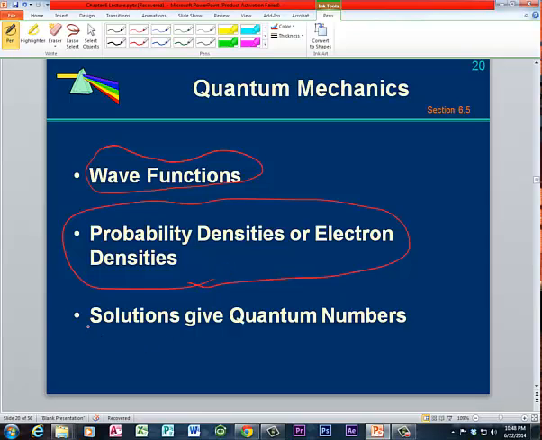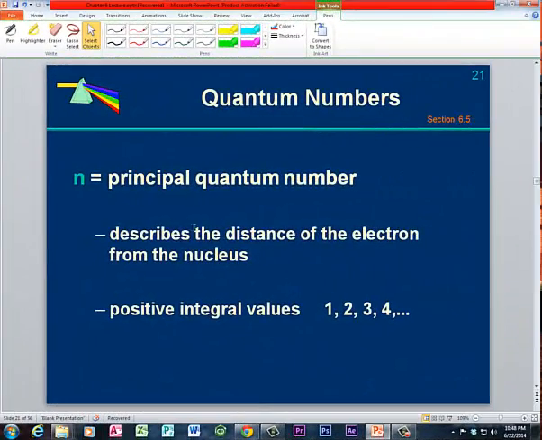So the solutions to the Schrödinger equation give us the quantum numbers. And the quantum numbers that we're going to explore start with n. They are n, l, and m sub l, the magnetic quantum number. So the first quantum number is the principal quantum number. The principal quantum number describes the overall energy level of the electron, or if you will, the distance from the